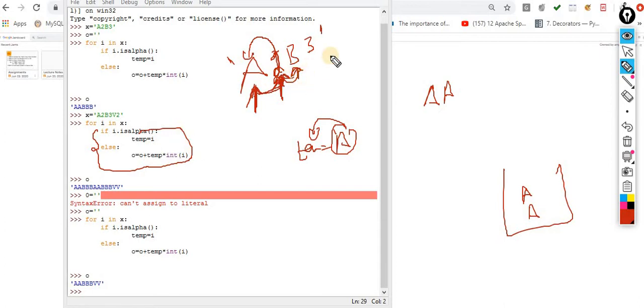Now I have to check, is it a character or a digit? Okay, it's a character, an alphabet basically. Now what you have to do is change the value of this temporary variable. The temporary variable will become v. Okay, now the step has been done. Now move the cursor to the next position.